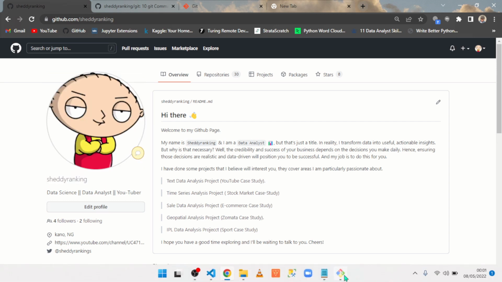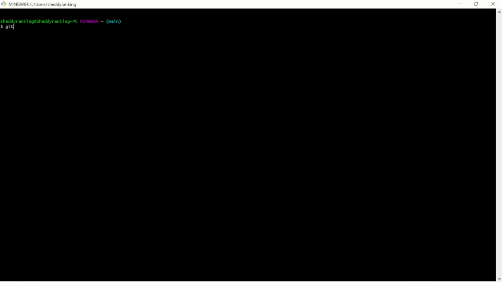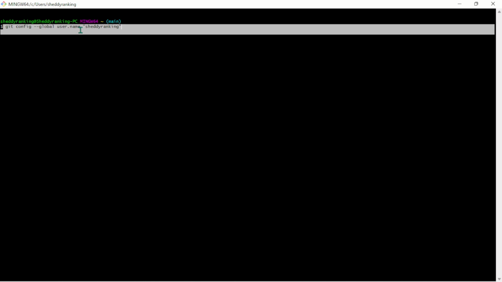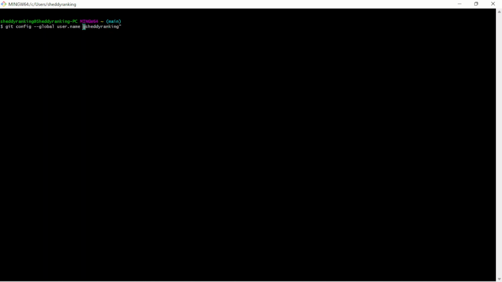So just come back to your Git Bash and enter this command, which is git config --global user.name. Once you do that, then you add the name here in quotes, and my own is Shady Ranking. It could be anything, it could be example, it could be sample. Just follow this command here, git config --global user.name, then put your GitHub username in quotes and